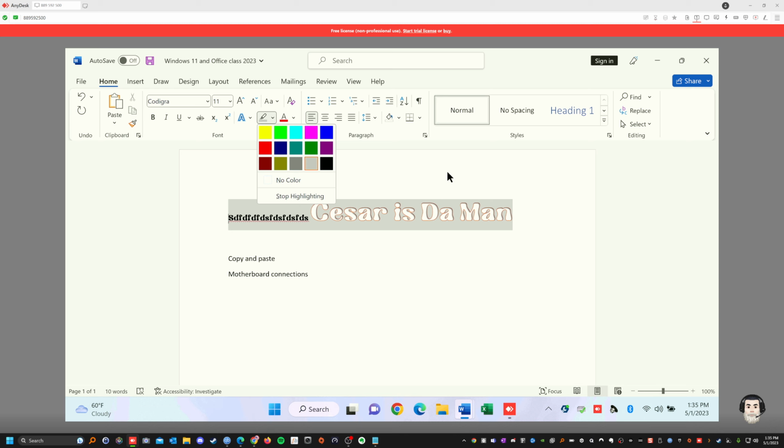Let's go again. And let's read what it says. Text highlight color. Make your text pop out with highlighting, obviously in any bright color. Whatever color you want. You could choose whatever color you want. This is the colors, the default colors. You could stop highlighting. You could stop it from there. Or just click on here and stop it one time.